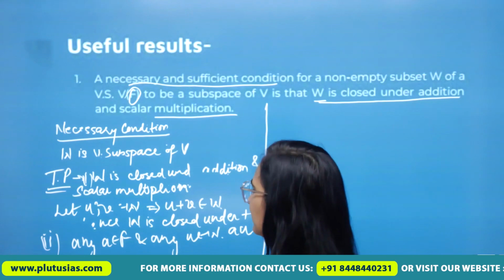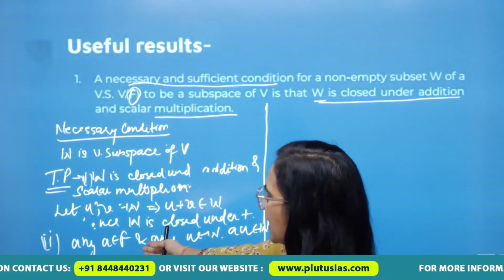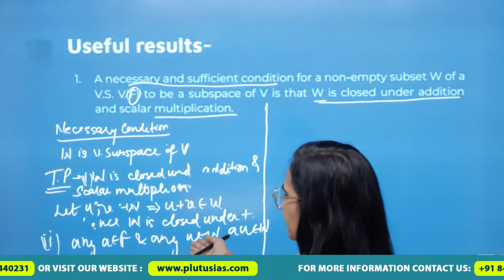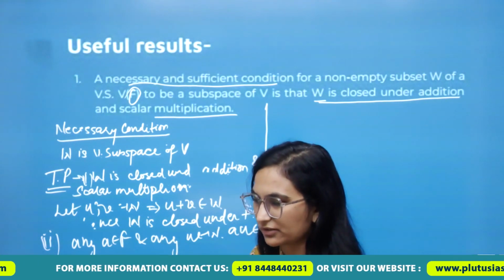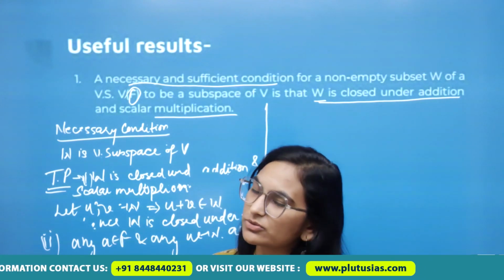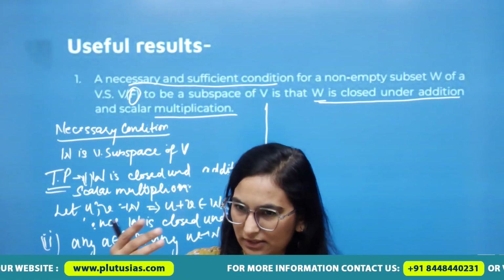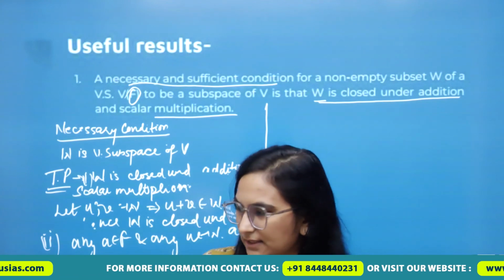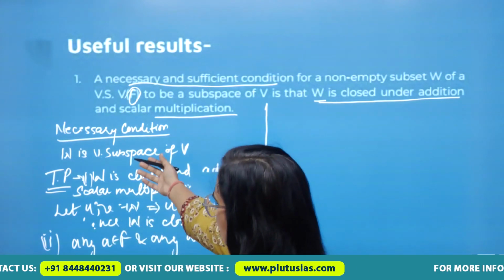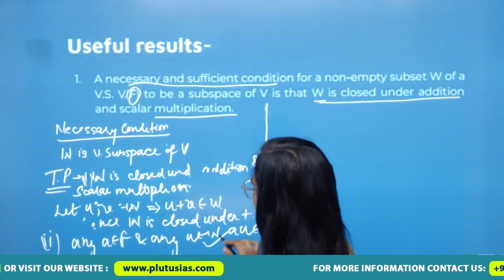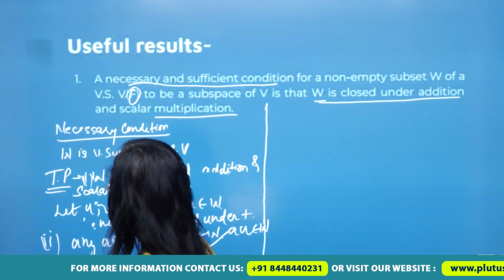What is this? This is the same thing that we did when we were proving that the external binary operation is defined, right? In the external binary operation also we used to take one element from the field and another element from the given set and then their product should go to that set. In this case W is a vector space, so the external binary operation would be defined, and if the external binary operation is defined then this property would help, and if it helps then we can say that W is closed under scalar multiplication.